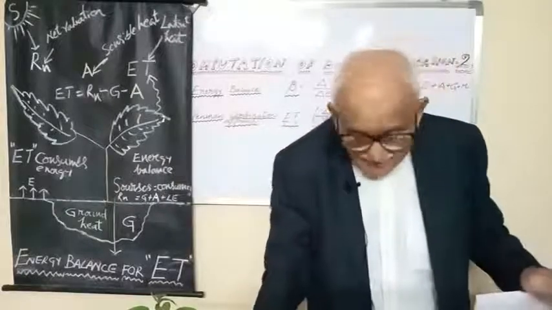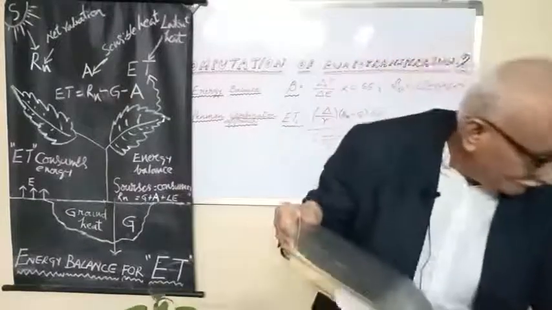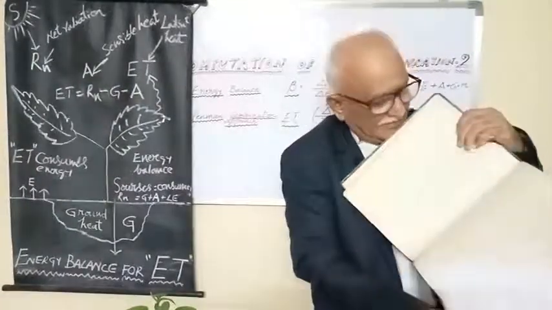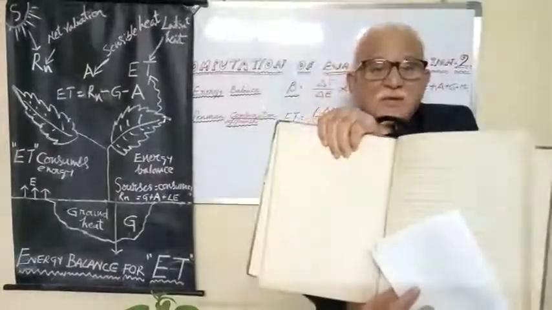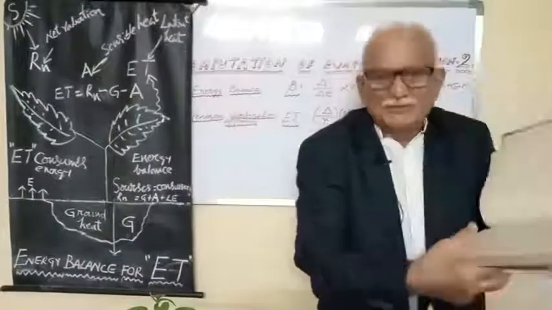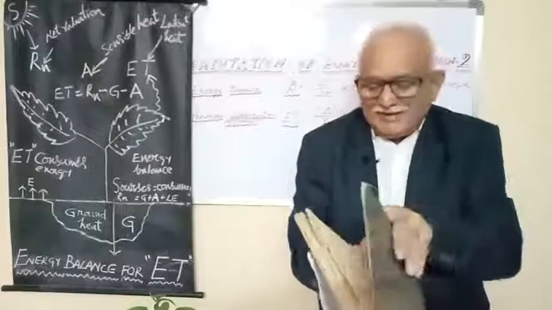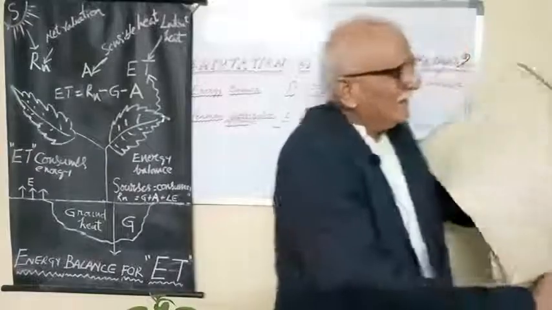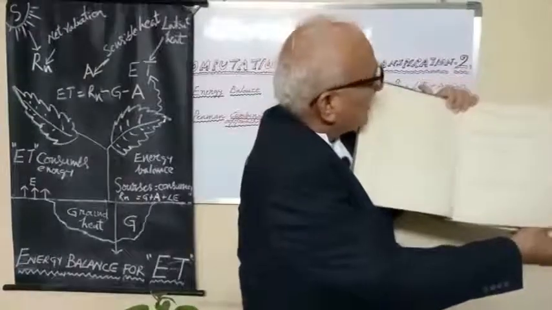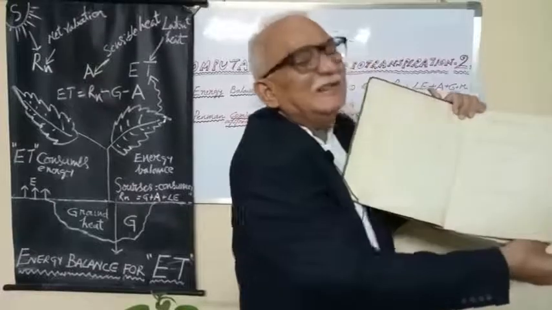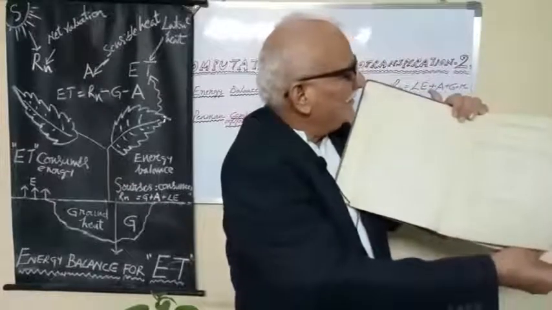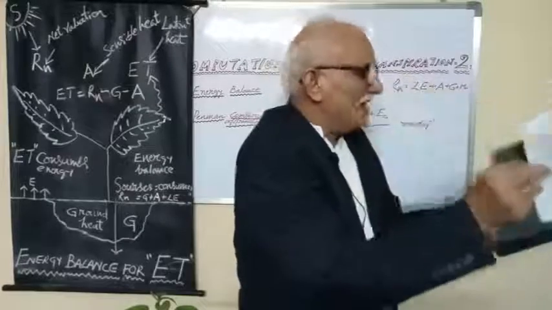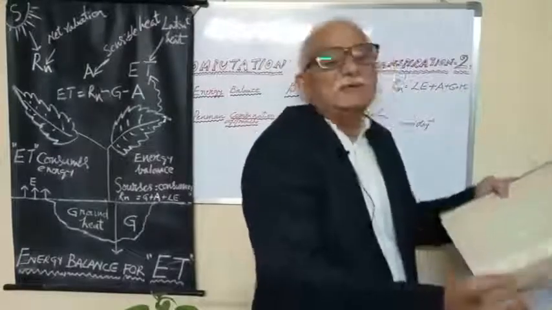In my MSc thesis in the year 1981, in the field experiment, I had calculated this energy balance using the Bowen's ratio. So what is the Bowen's ratio? That's what I told. See, this is my MSc thesis. What is the title of the thesis? A study of the role of meteorological factors in wheat crop production in the Punjab. LATA82M was my number at the time.